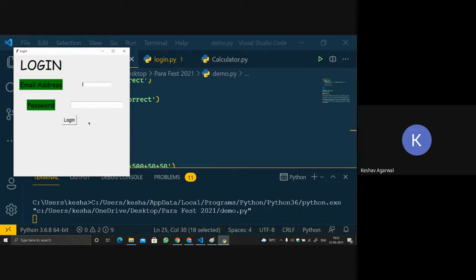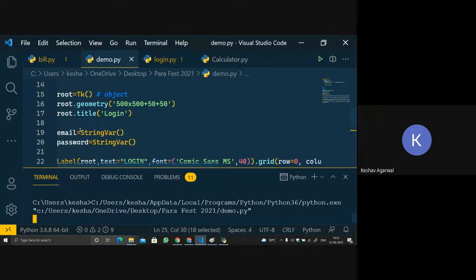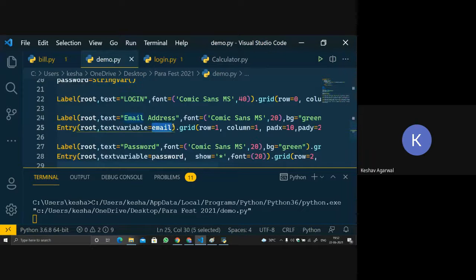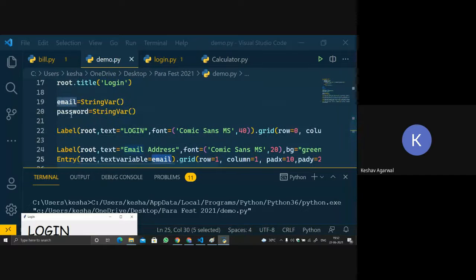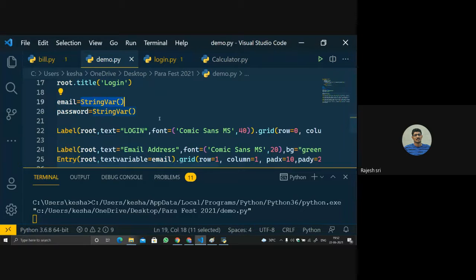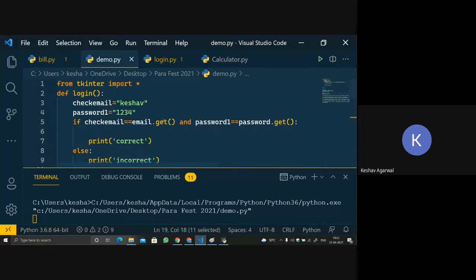So what is this get function? When we are doing email equal to string var, it is using the default value. But now over here also we are using the default value. It is showing the default value over here. But when we write inside the text variable, like the text area in the entry, it will overwrite the email, it will override this, correct? So on overriding, we have to use this dot get command to bring the changes. This get function is a predefined function which is used to get the assigned value into that particular variable.